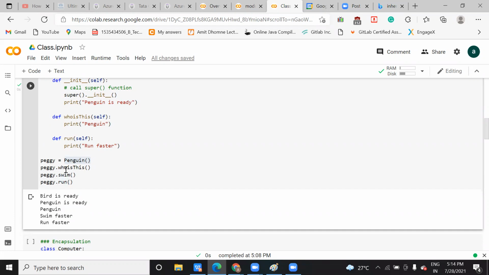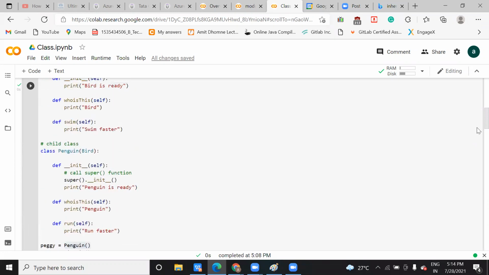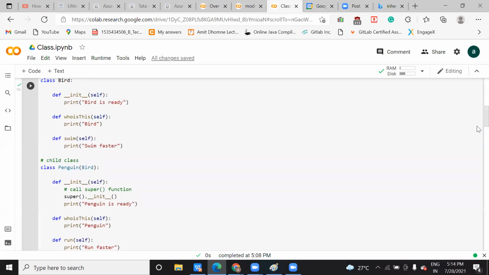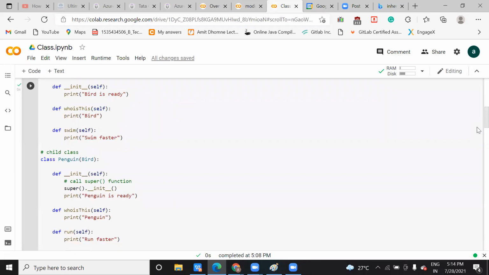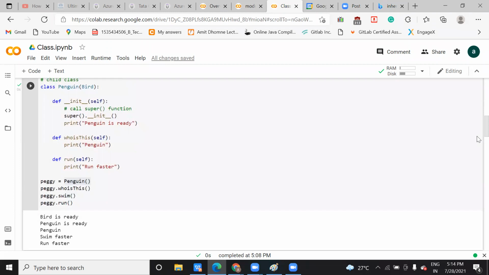So when you call whoisthis, what is printing? Bird is ready. Okay, wait a minute. Peggy whoisthis, swim and run. So here the super keyword prints bird is ready, then penguin is ready, penguin and run faster.